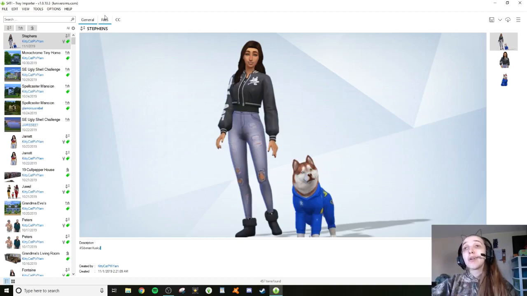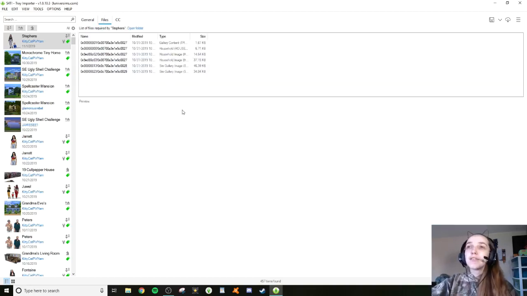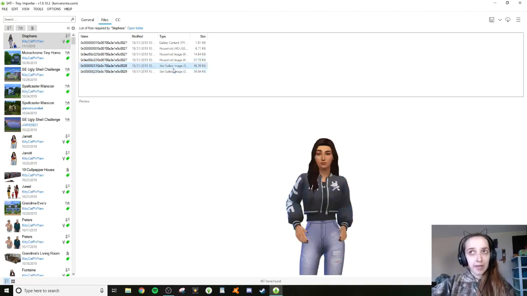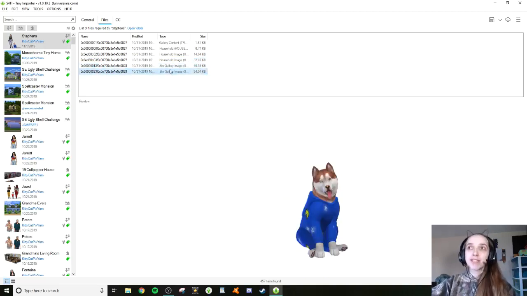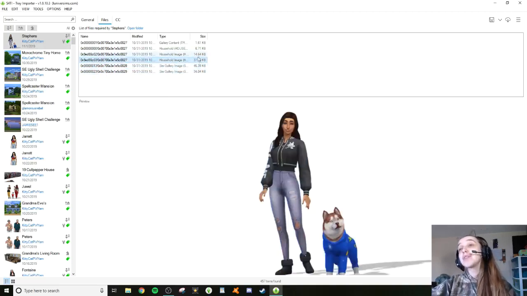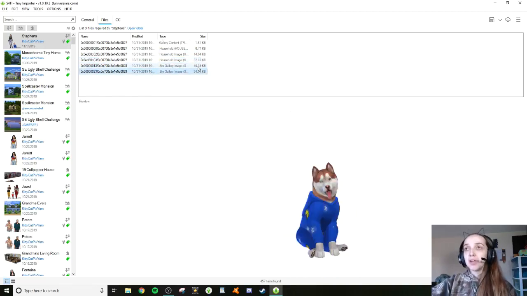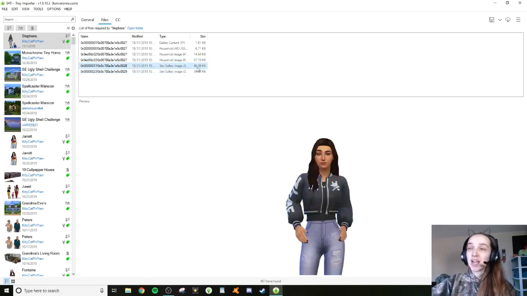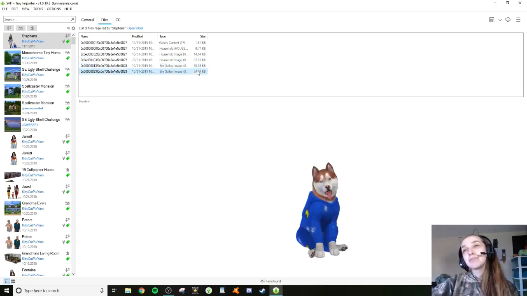But up here we're going to go to files, and they have a bunch of different files that you can look at. You can look at the general gallery image right here, or each individual sim gallery image. So when doing this, if you're doing the household image, go for the bigger one for obvious reasons. But with the sim gallery images, you don't get an option, which kind of sucks, but it could be worse. So say I want this picture of this pup here, and you're just going to right click